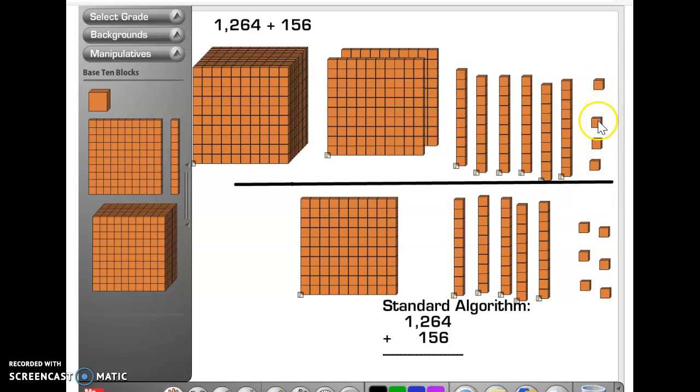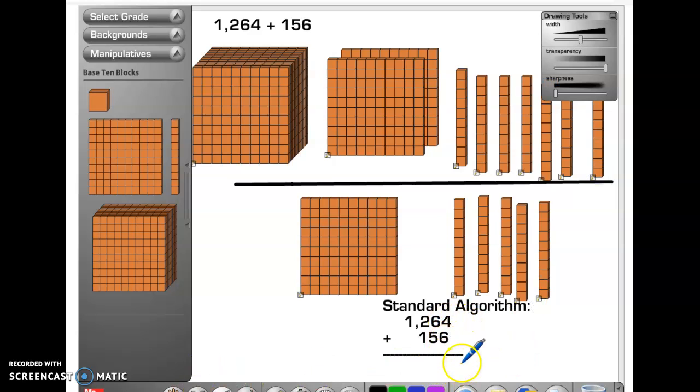I know if I combine these ones, I can have 10 ones. And I know that 10 ones is the same thing as 1 ten. So I'm going to take these 10 ones and I'm going to turn it into a 10. I'm going to trade those out. So what I've done here is I have added the 4 ones plus the 6 ones, and